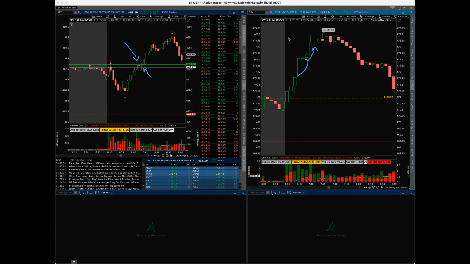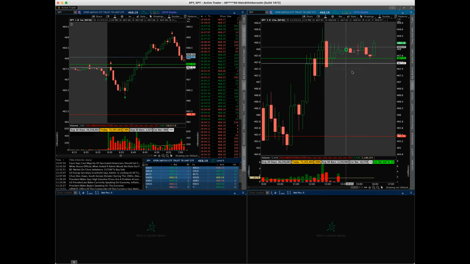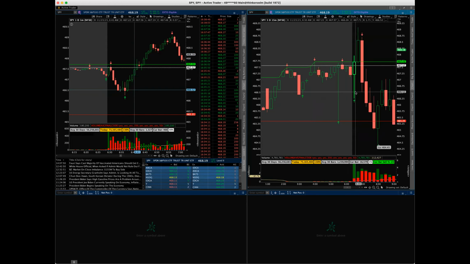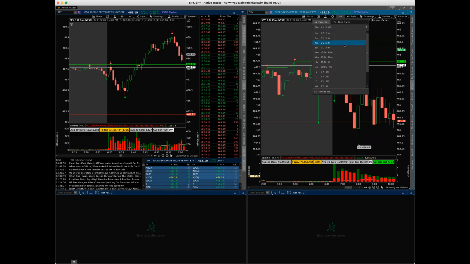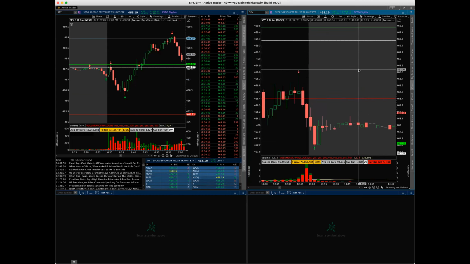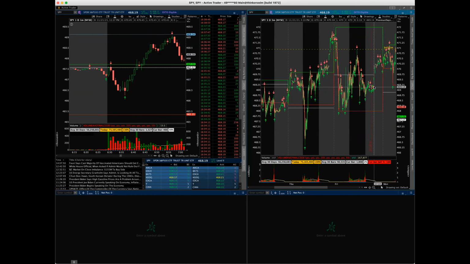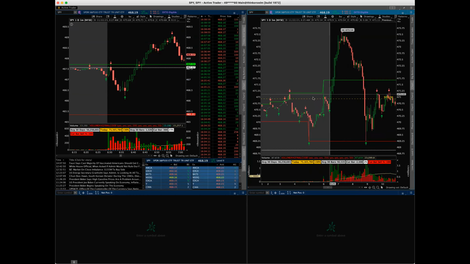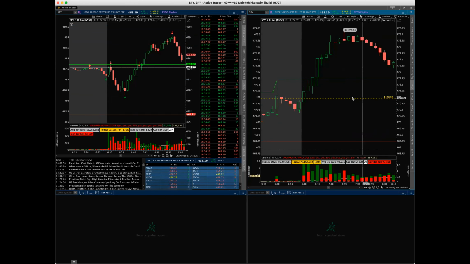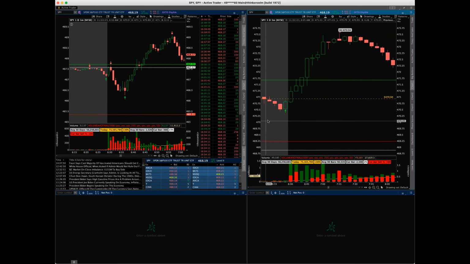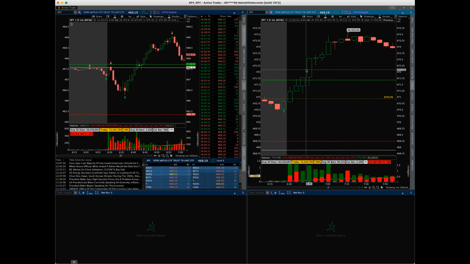Now, I always mention the 2 leg rules, right? And I'll go ahead and walk you through that very briefly. Going back into 5 minutes. So this one, it didn't really give you any kind of pullback for you to enter unless it was that initial break, right? So this right here was the first leg, obviously. And you can't really see it here, but if you look at it on the left side,